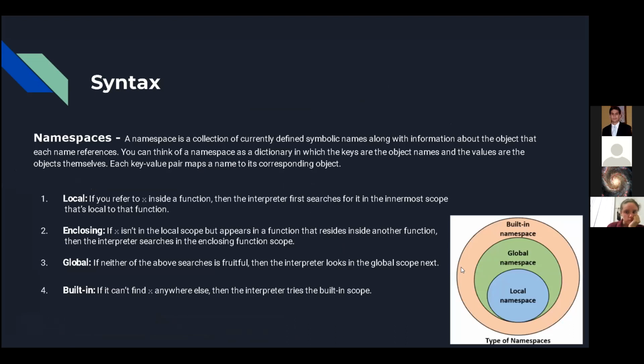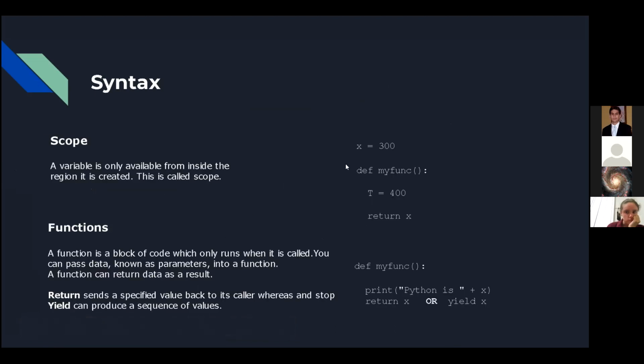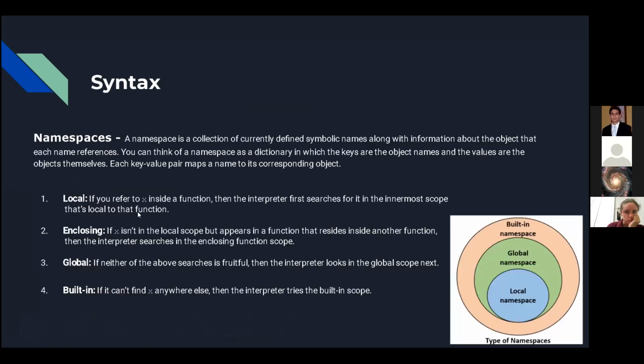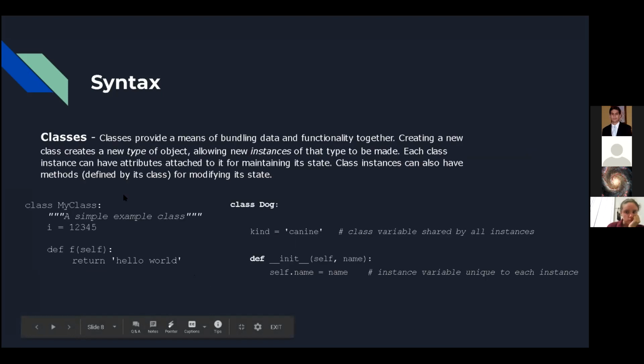And yeah, so we talk about the global when they're in the same level. And enclosing is basically when you're in a different namespace, and in this case I don't have an example for that, but you're still inside of another function. And then global, we talked about, and built-in, we just talked about that, right?